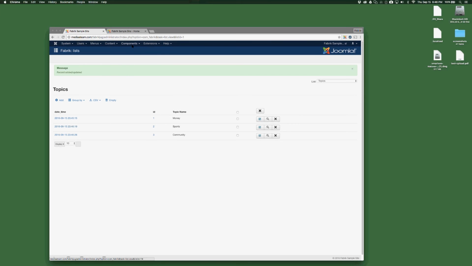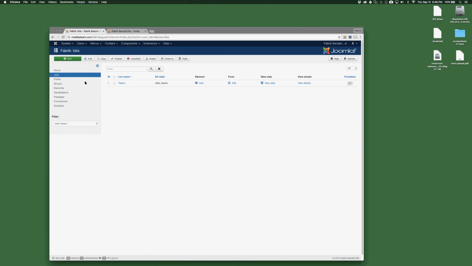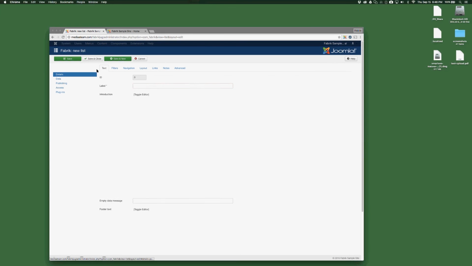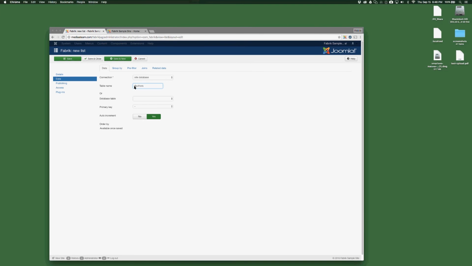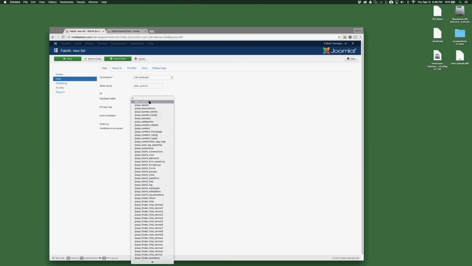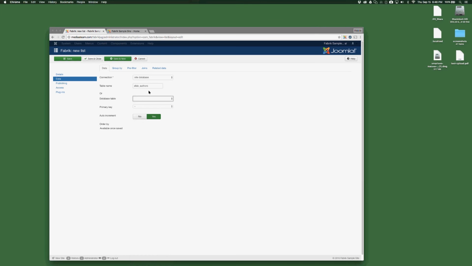Now we want a contributor table. So these are going to be our writers, correct? So these are the people who are going to be contributing. So we're going to say, I would like to make a new list, and I'm going to call this my authors table. And again, I'm going to give it a little extension in the front of the table. If I look here now, you can see there's that table that we created last time. So that table created, and it created the columns for us. So I'm going to save my authors